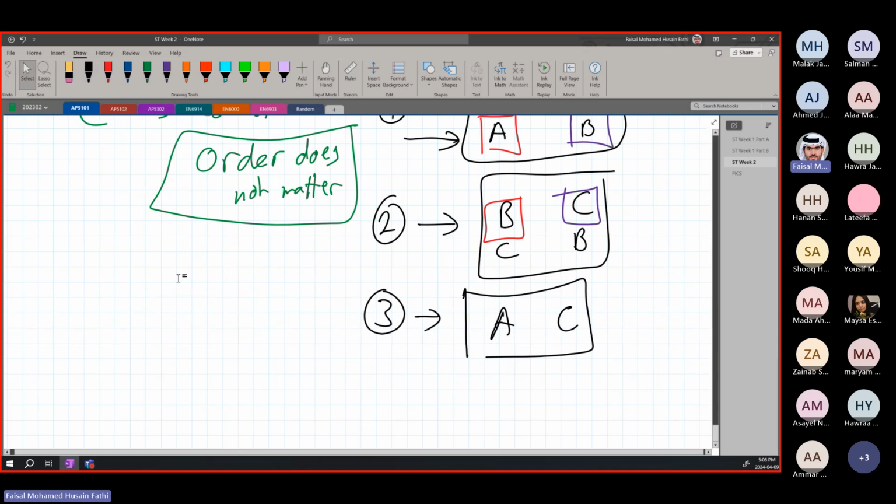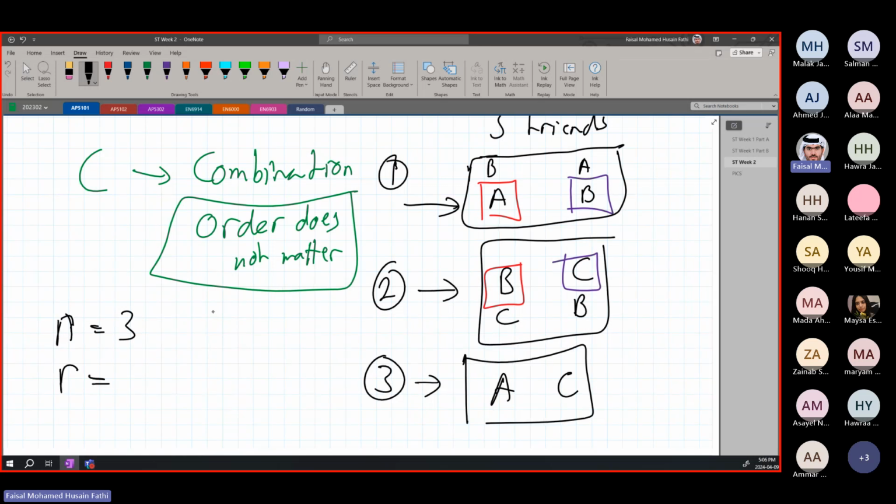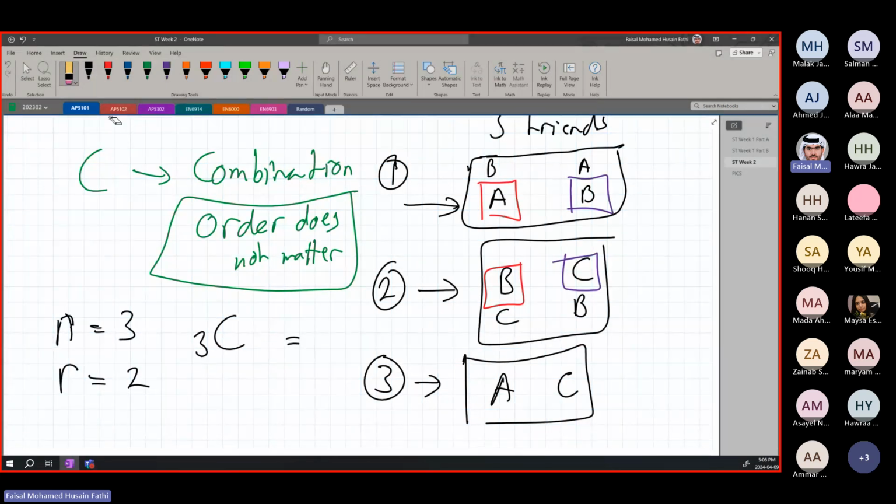Keep in mind, the N and the R are the same. So N does not change. N is equal to the 3 friends. And the R is equal to the options we have, which is 2 options. We can have them either sitting in 2 chairs, basically. All right. So here, this is where we're going to have nCr, or 3C2. And this is going to be equal to basically 6, sorry, not 6, 3. We have only 3 options. See, we have 1, 2, and 3 options that will happen.